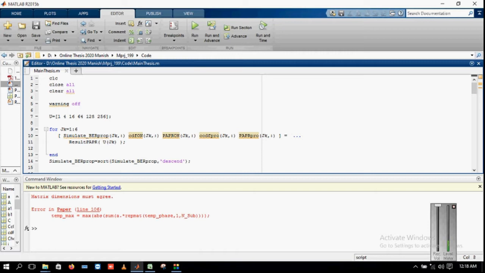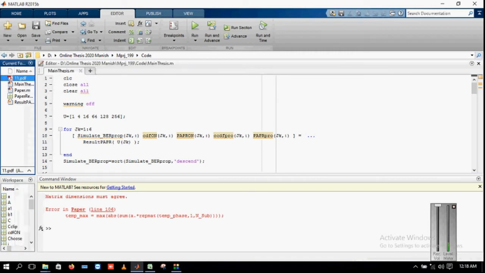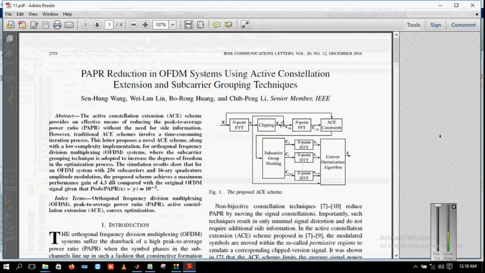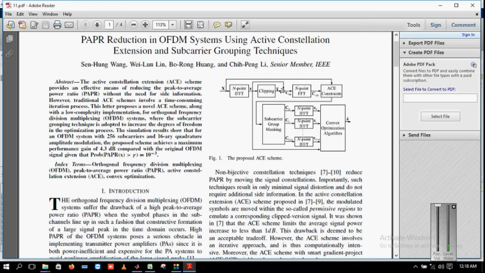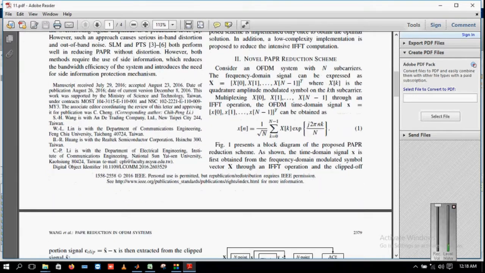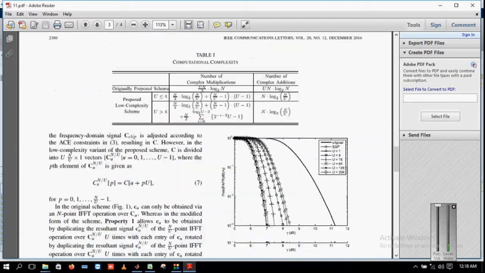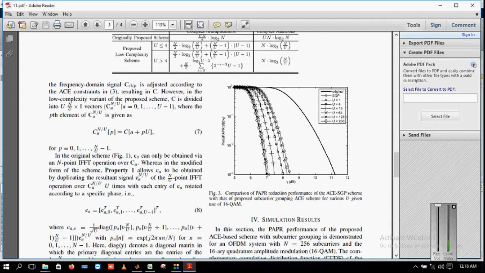on the basis of varying u. Also we have implemented the paper for the basic one. As you can see, this is the PAPR reduction technique in which the active constellation extension and subcarrier grouping is being done. So by considering this particular model, we first implemented the paper, later made a modification in it, and shown the result, right? The results are comparable only if we consider the same case, then only we can defend that our technique is much better, right? So let's have a look at what exactly we have implemented.